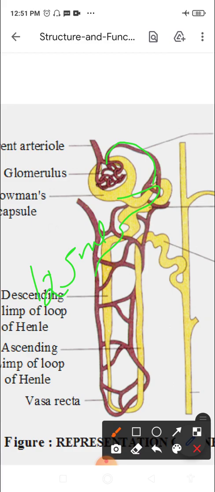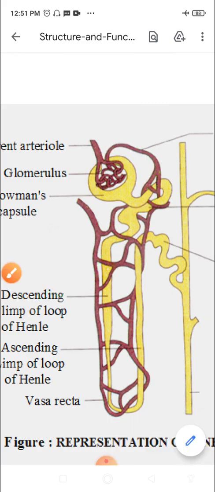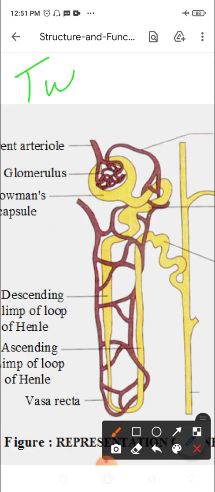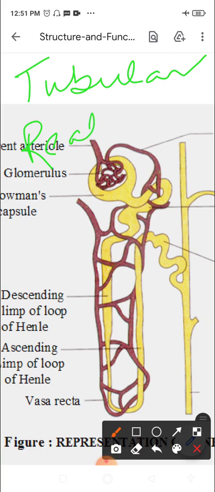The next part of the urine formation after ultrafiltration has taken place is tubular reabsorption. So the next thing is tubular, meaning in the tube, reabsorption, right, tubular reabsorption. Now, from the Bowman's capsule, the glomerular filtrate, we know it enters the renal tubule. So, what is the first part of the renal tubule? It is this proximal convoluted tubule. So, absorption of selected materials takes place from the filtrate into the blood capillaries.